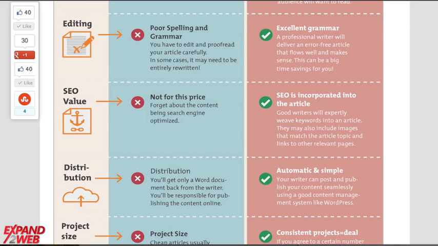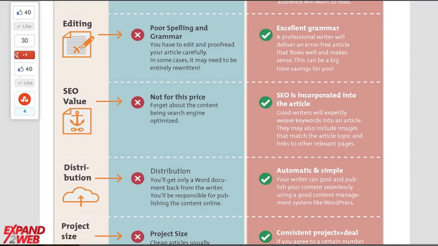And I don't want to do that. I don't want to have to rewrite the article. And so when you work with good copywriters, they're going to do a good job for you, delivering articles that have good grammatical structure and spelling is correct, and I don't have to worry. I can get to the point where I can look the article over and read it. I don't have to make any changes, right?